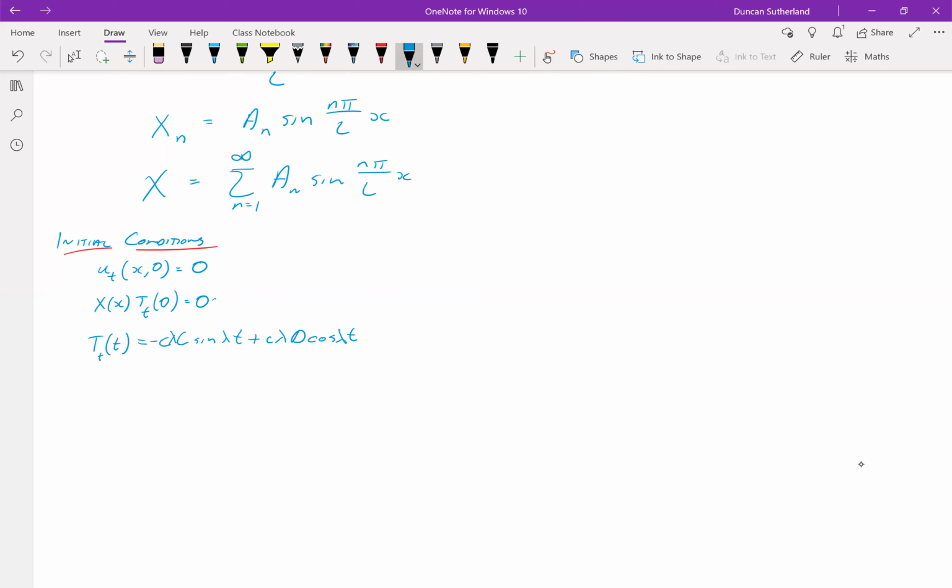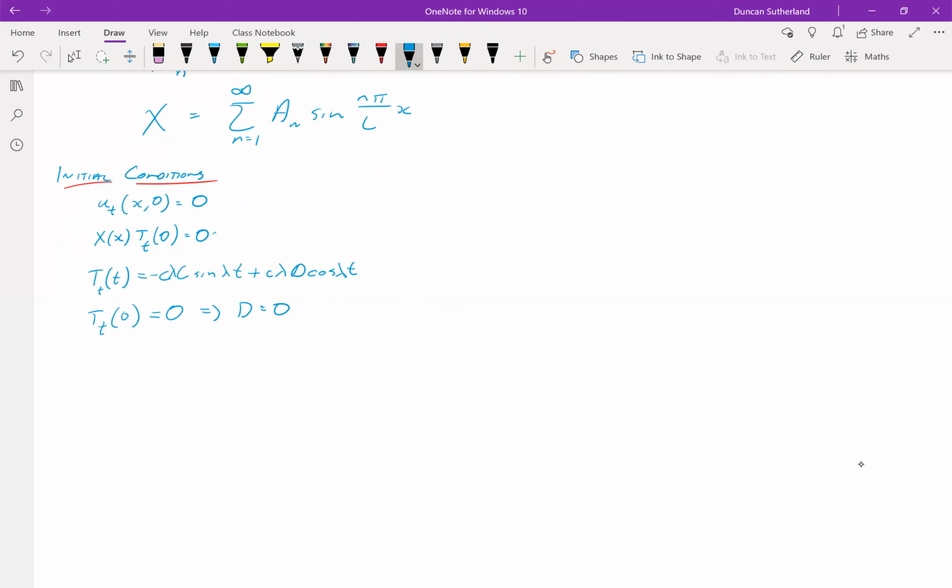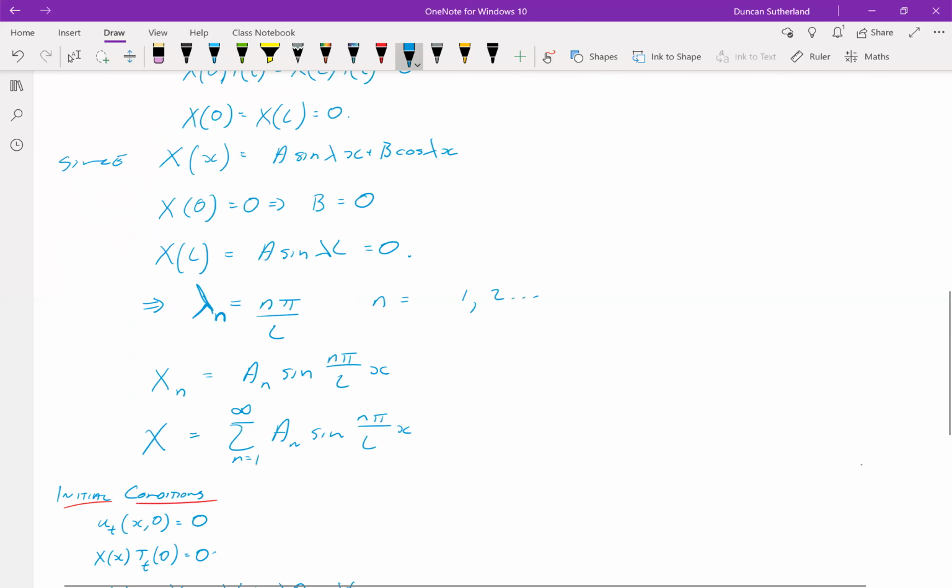Okay, so now T dash, little t, 0. Sine is 0 there, so this is the bit that's got to go. Equals 0 implies D is equal to 0. So what actually survives is C, which started off life as our